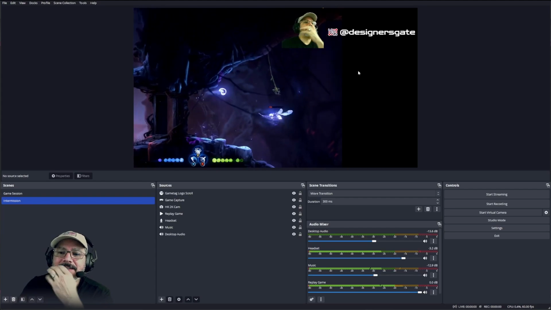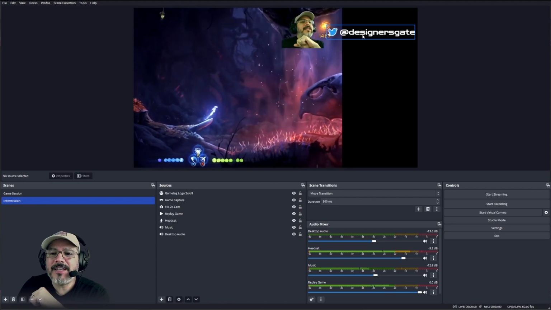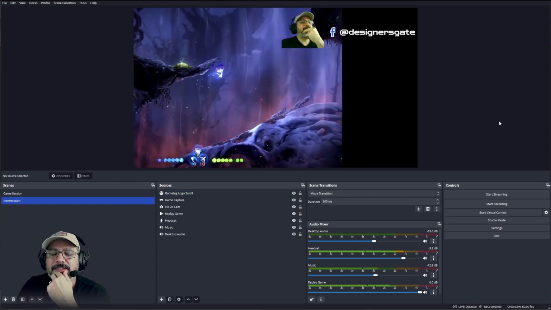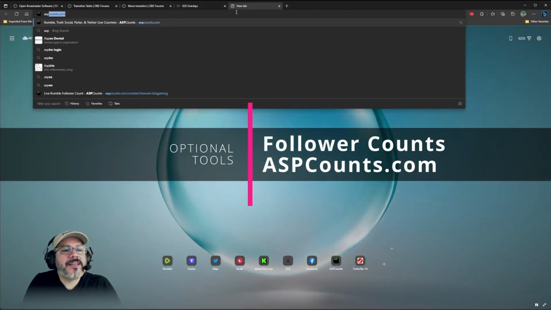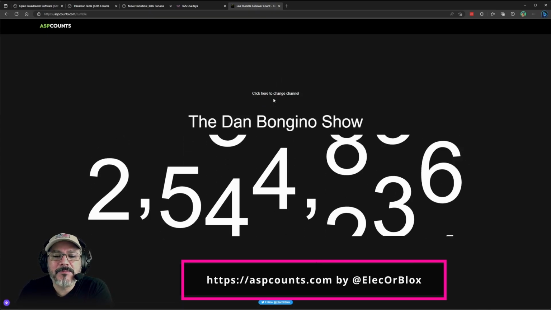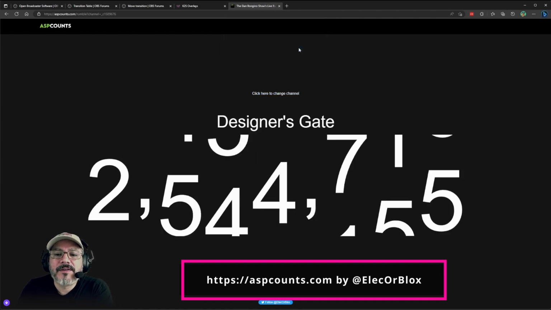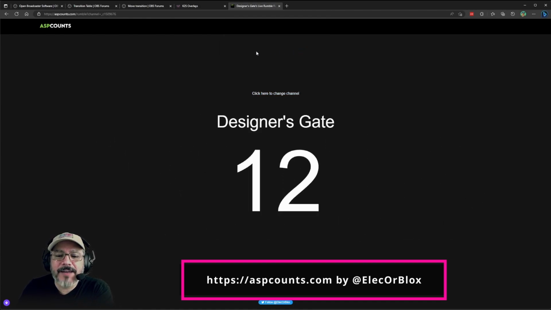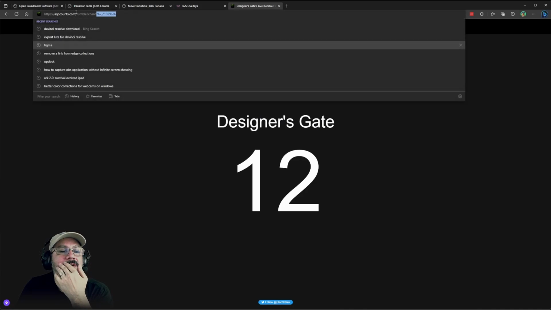Now I have that, but I want to create something. So you have a custom overlay that you can create with services that you can get. For example, I can go also to ASP counts, and I say I want to have my follower Rumble points, and I'm gonna change this to the site. Okay. And I only have 12 followers in Rumble for Designers Gate, and I'm gonna copy that,